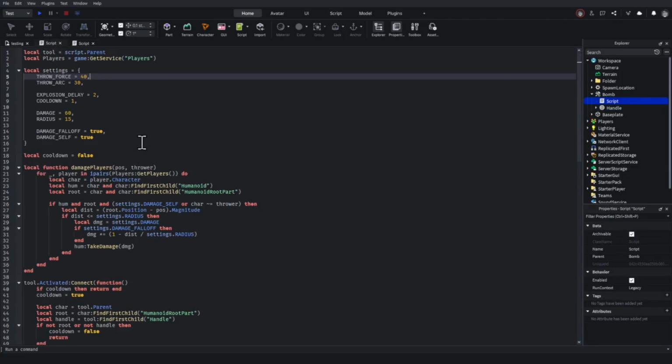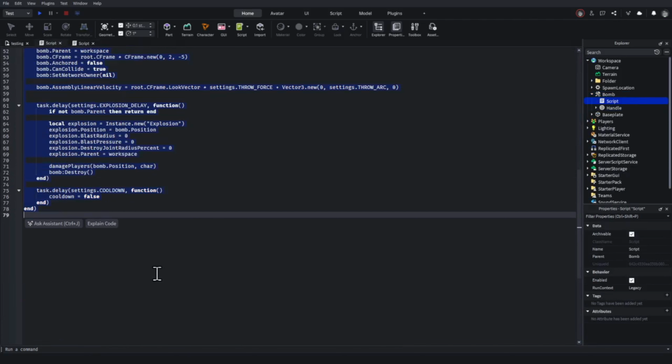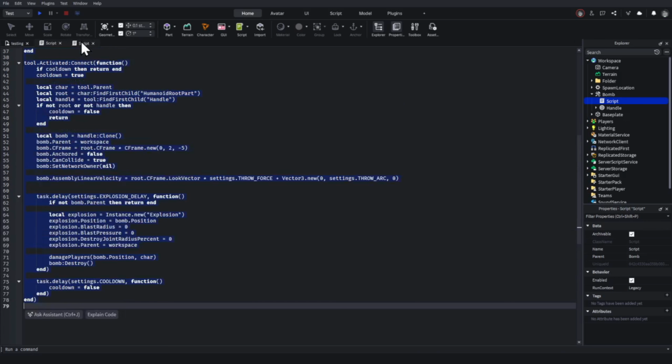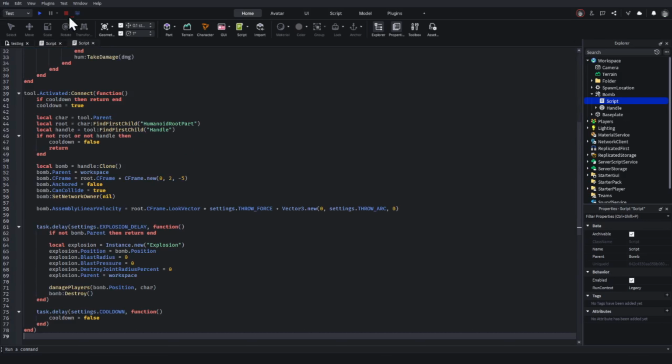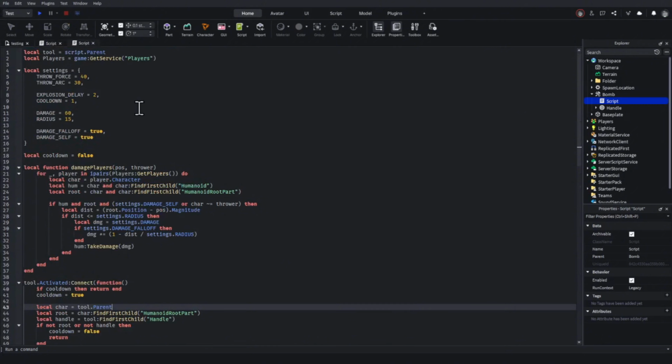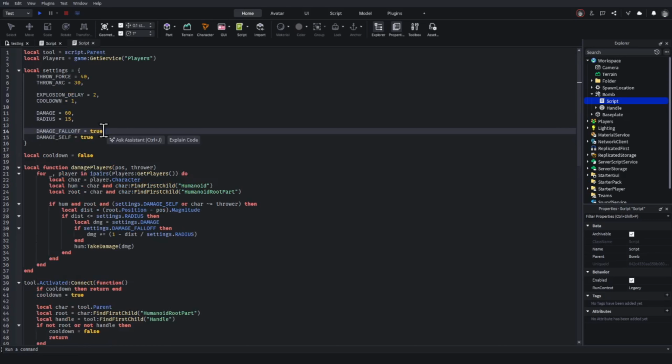Go ahead and copy the script in the comments. Now if you go to the top, you can see these settings. There's damage self and damage fall off, which basically means depending on how far you are is how much damage